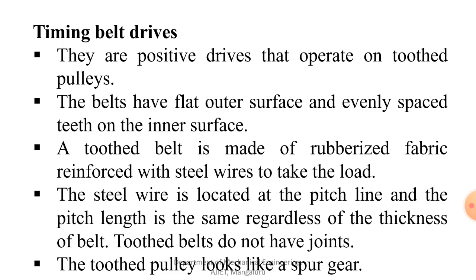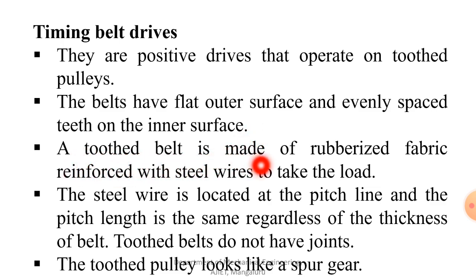You know, the gear drive is always used to transmit power for a shorter distance when the center distance is very small, but the belt drive is always used when the power is to be transmitted for a longer distance. The main thing is there will always be a slip in the belt. In order to avoid that, we have to go for one more type of belt, that is called the timing belt. In the timing belt, there will be teeth, so it has a toothed pulley as well as a toothed belt, that will mate with each other, and there will be a rolling action, so that you can transmit the power effectively.